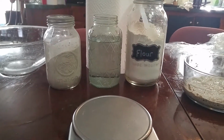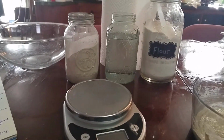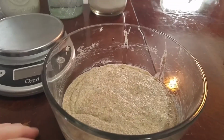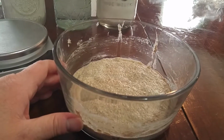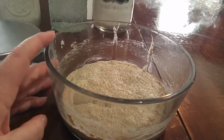I'm doing grams with this recipe. Usually I do ounces, but this one calls for grams. I fed it last night with 50 grams of my regular starter, 50 grams of rye flour, and 50 grams of water. And then let it sit out overnight to